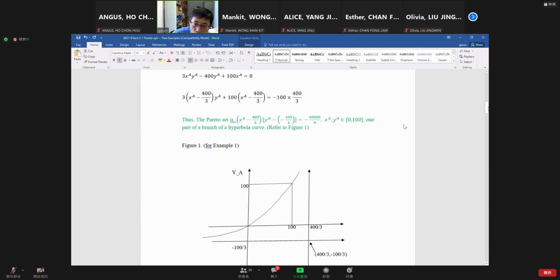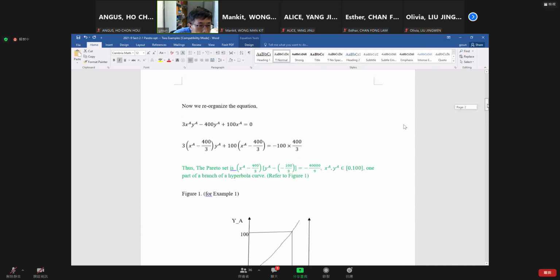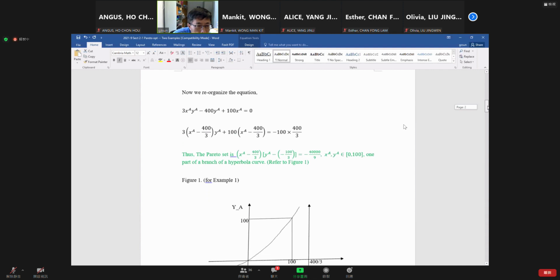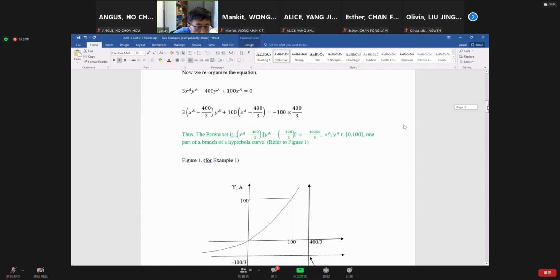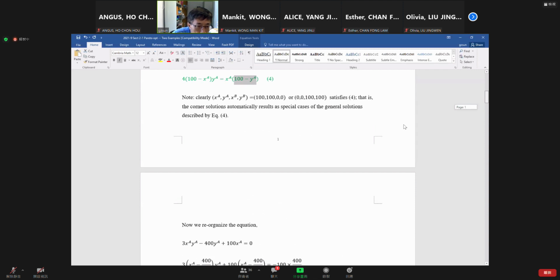And if you are very good at such math exercise, probably you have already figured out. But now let's explain how to get to the curve from this equation. We reorganize. We put this is 4XA, this is 1. We put them together, we get 3. Basically, we move this term from